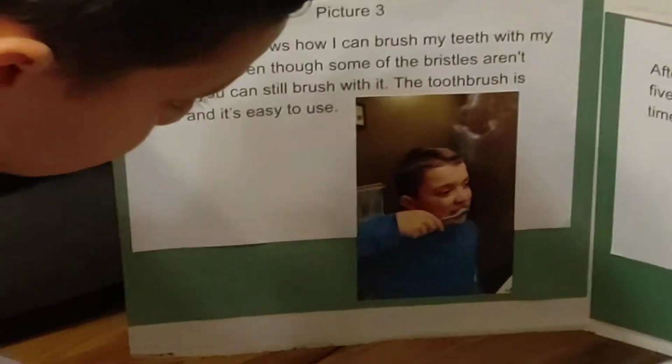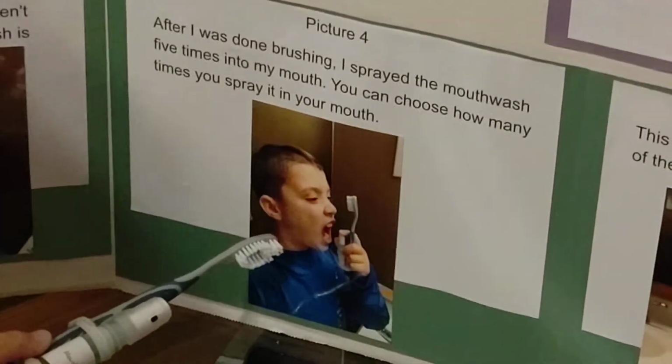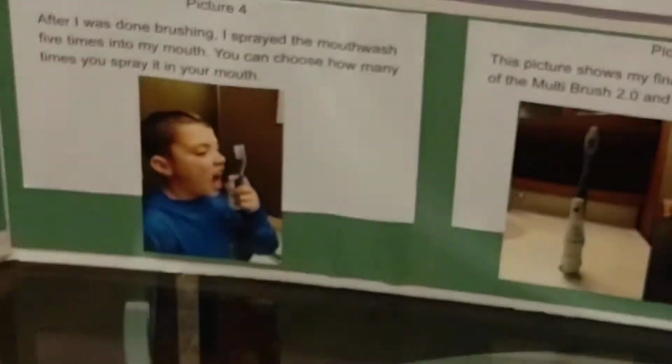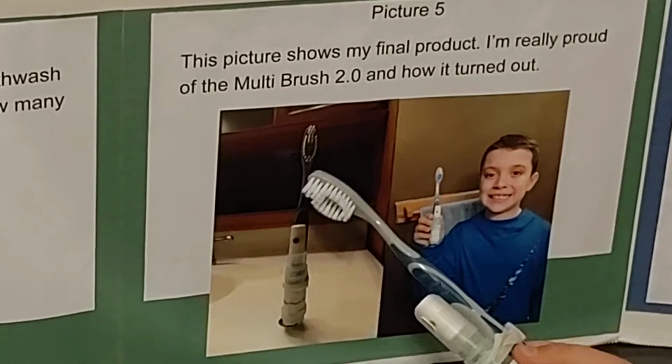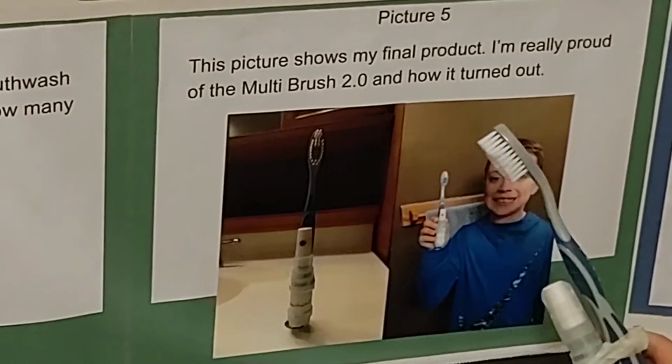After, this shows a picture of me spraying the mouthwash. And then my final product is seeing how this is standing up like this, and this is my final product. You can see it well. And this is me with my final